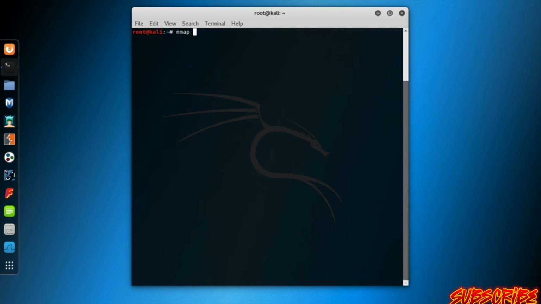Nmap is the command itself. Uppercase S, lowercase T is TCP scan. N is to avoid the DNS resolution. I'd like to see the IP addresses. Uppercase PN is to avoid the host discovery. I already know that the host is up, although you should make it a habit to use PN while you're scanning a single system. Now, we have the target IP address